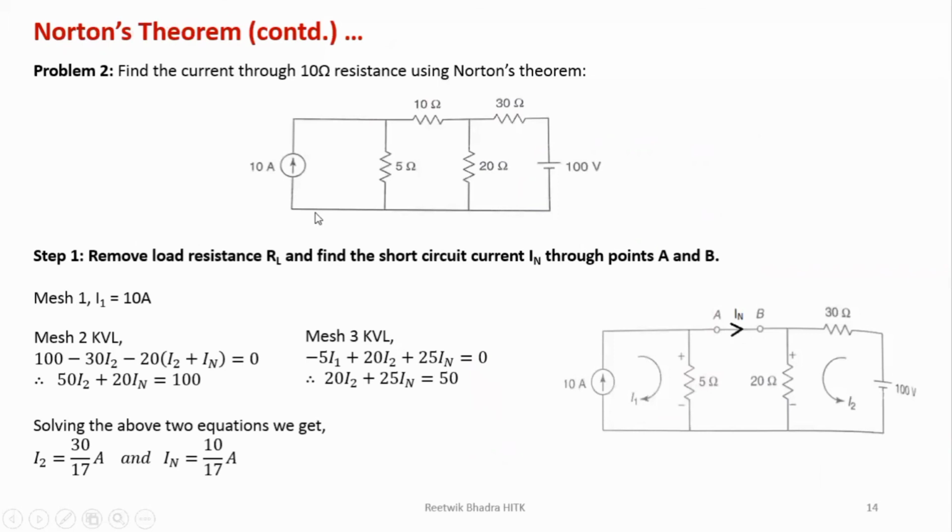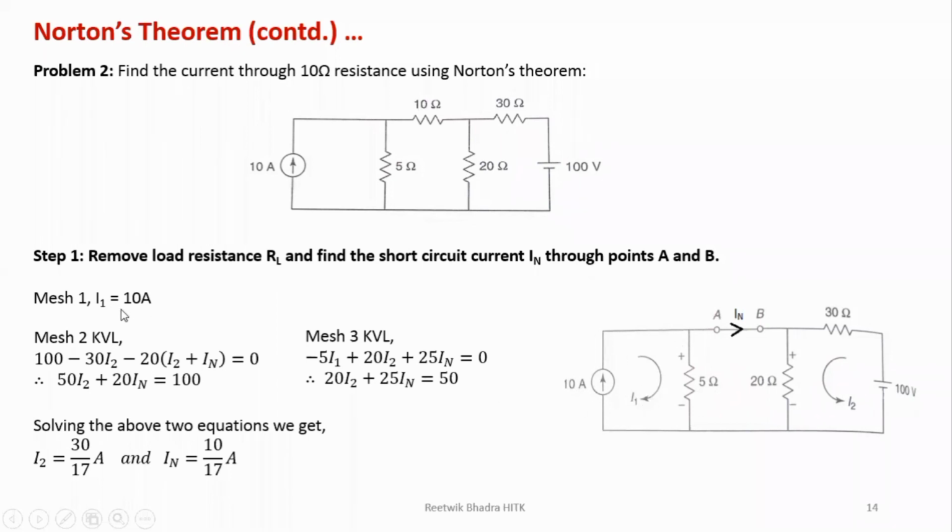Okay, next circuit. I have taken this problem 2 of Thevenin's theorem only over here, to show you whether it is giving the same answer. So Norton's theorem, 10 ohm resistance, so 10 ohm short circuited. Now this part also forms a loop, this also forms a loop, this also forms a loop. So from mesh analysis in this one, this is the current source in the outer loop, meaning the outer branch.